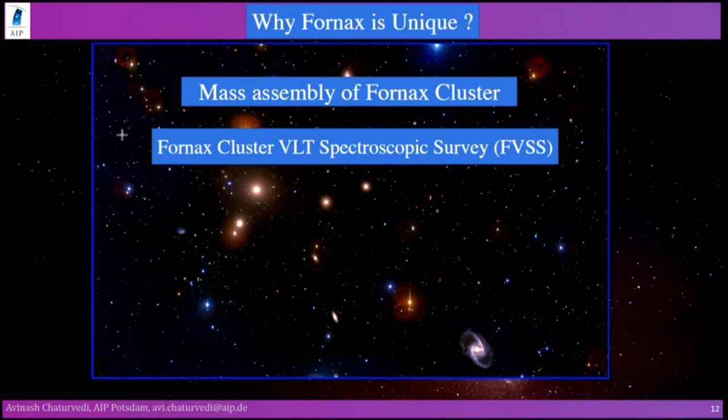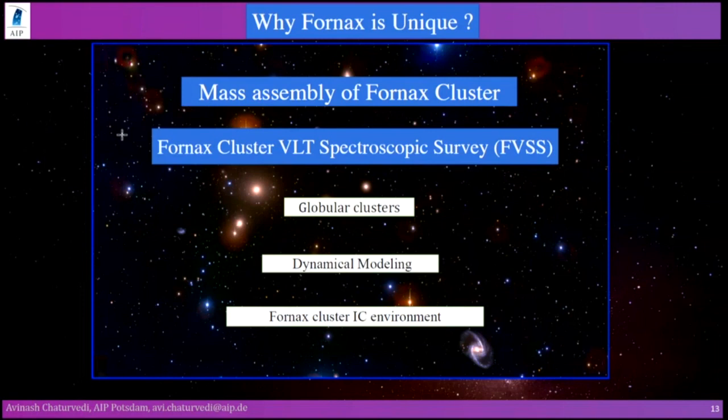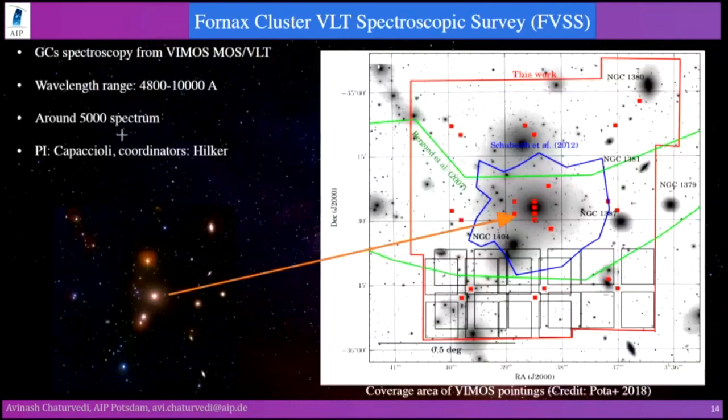And this we call the Fornax Cluster VLT Spectroscopic Survey. In my case, we use globular clusters as the kinematical tracers to perform the mass modeling of the central galaxy NGC 1399, and also learn a bit about the Fornax intracluster environment. Now, for the spectroscopy, from this Fornax Cluster VLT Spectroscopic Survey, this comes from the VIMOS